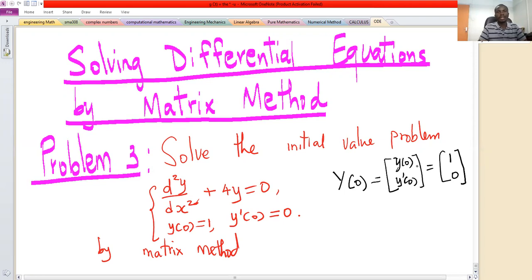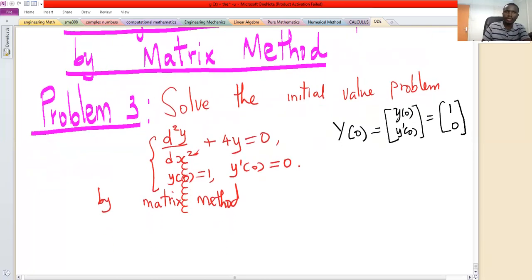So this will help us now to find the values of the unknowns C1 and C2 after getting the general solution, and then the solution to this differential equation will be the value of the function in the first row. For the first row is what defines the value of the function, second row is the derivative of the function. So step one is to